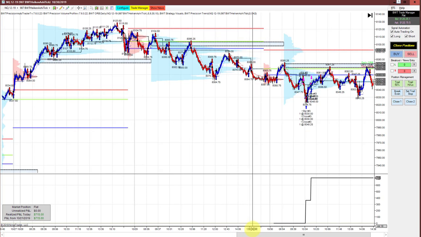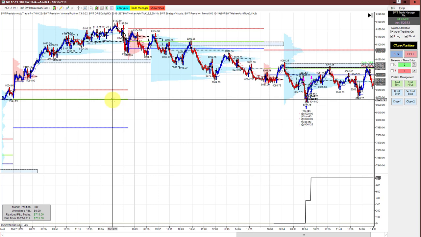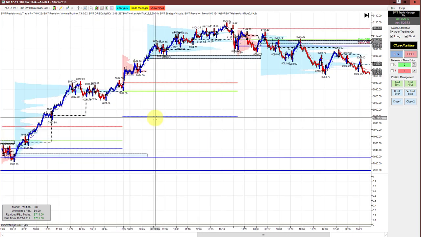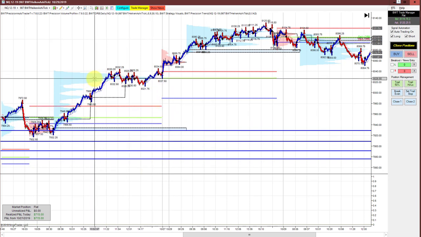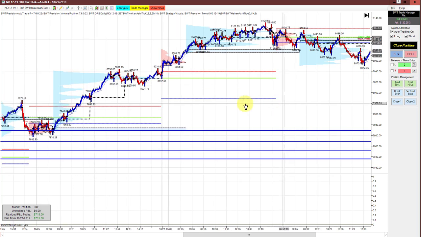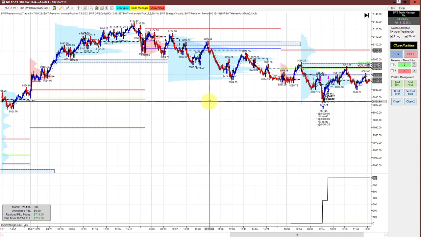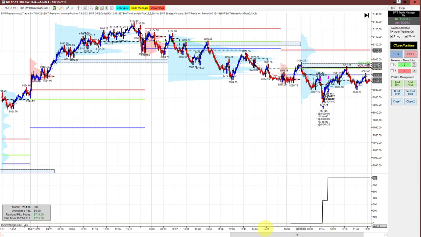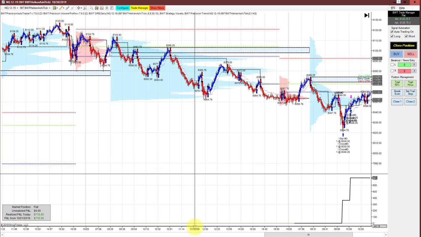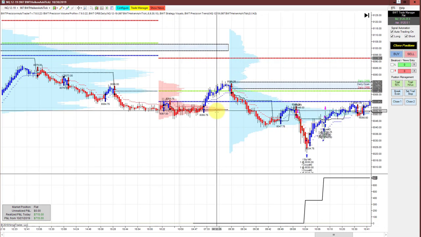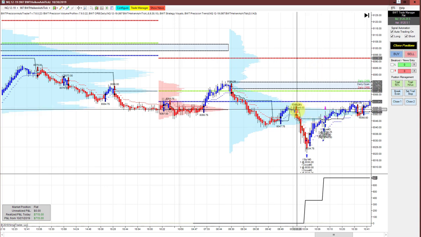coincides with the point of control from the 25th, actually. So this high volume node, 8027, this is the point of control for the 25th, and this was the low of the day. The low of the day is actually, there was a little bit of overshoot here, so it was more like 8021. In any case, all these levels here, this high volume node for last night, you can see that it was resistance here